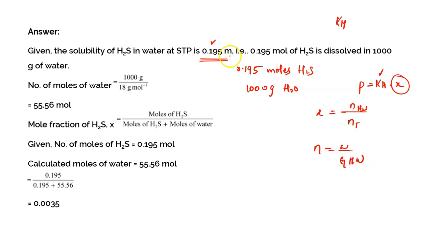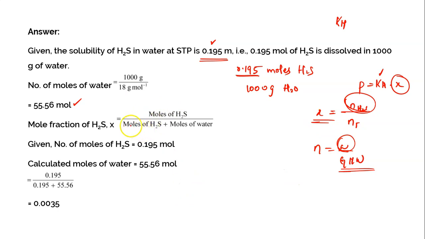And number of moles is weight by gram molecular weight. Correct? So from the given molality, I already know that the number of moles of H2S is 0.195. And now I need to know the number of moles in this 1000 grams of water. So 1000 grams of water, in the sense 1000 by molar mass 18, will be equal to number of moles. Number of moles is equal to weight by gram molecular weight. Weight is equal to 1000, gram molecular weight is equal to 18. Altogether it is 55.56. So since we know 0.195 is the moles of H2S and 55.56 is the moles of water,